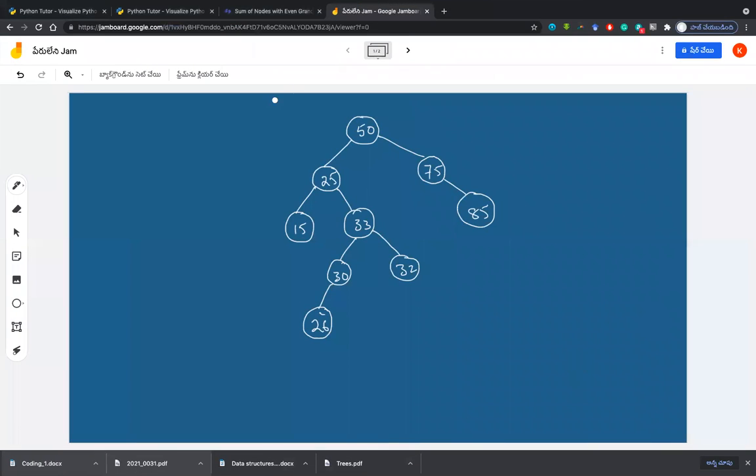Okay. Consider this as a binary search tree of some kind.